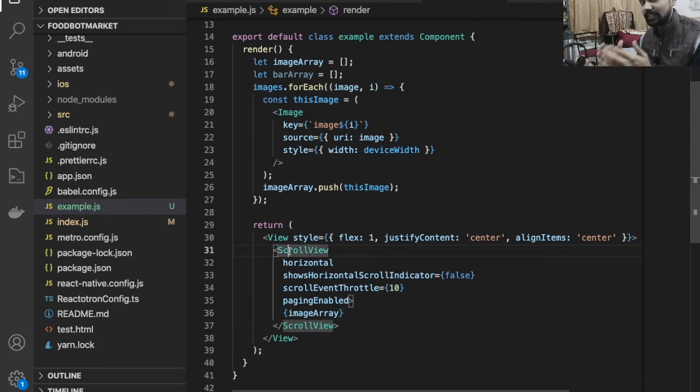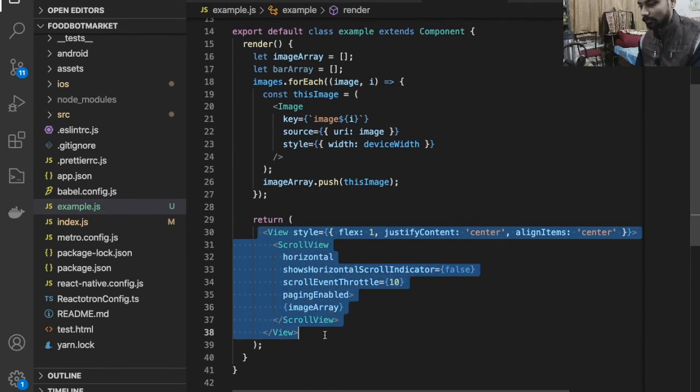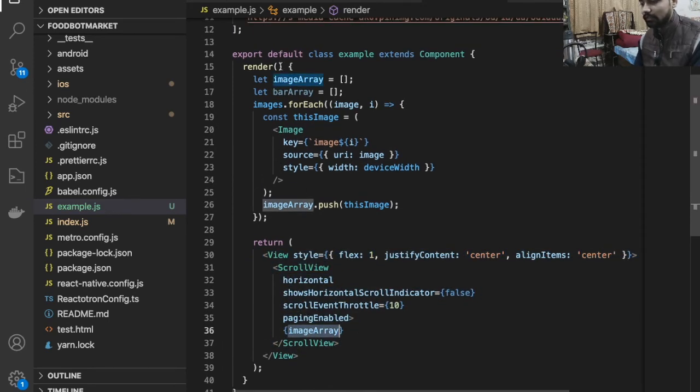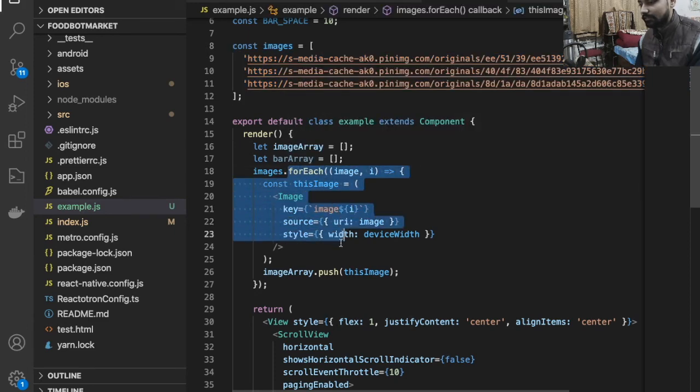So guys, you can see till this moment what we have done. We have created this view and this scroll view and passed some props, and this is my image array. This is the variable. It is very simple: we are just accessing this image data, which is the array, and iterating using the forEach loop.